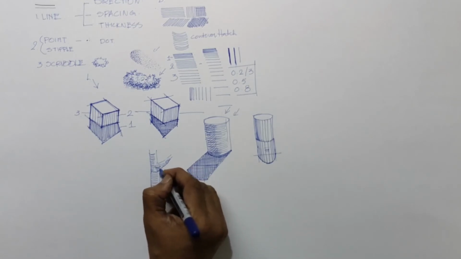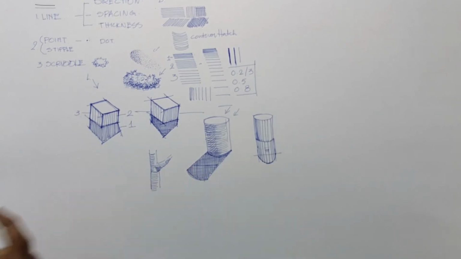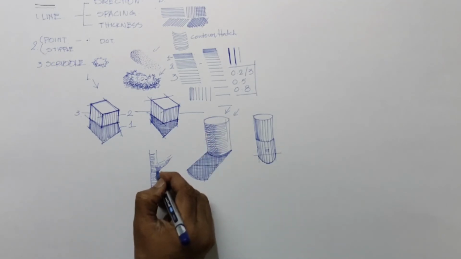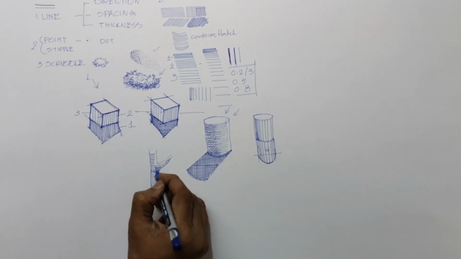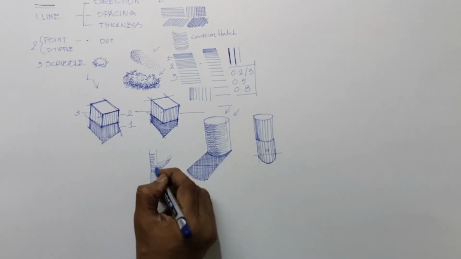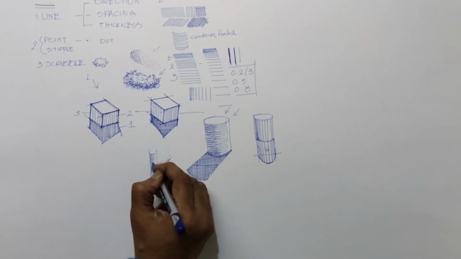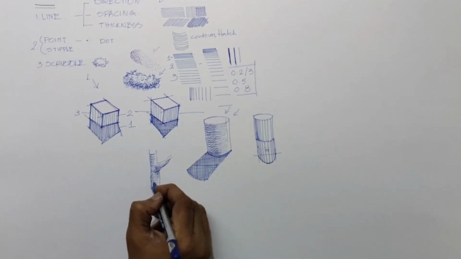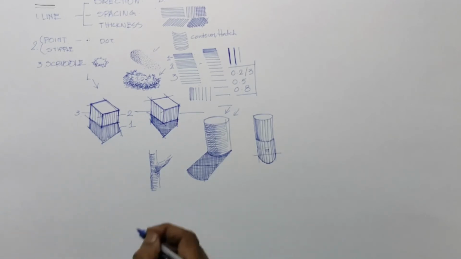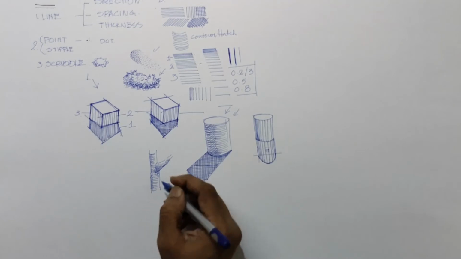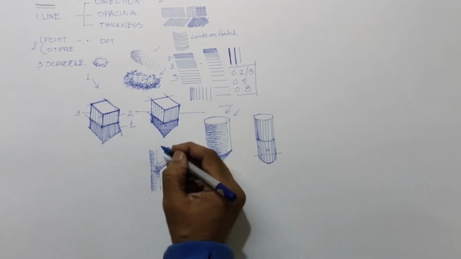Here, as I said, I am using the same technique which I have used here. In contour, I am using a cross hatch. See, cross hatch is simply changing the direction. When you change the direction, the depth will automatically come. Here also I can use it like that. So for trees and other things we use this, for a pot, a flower vase.